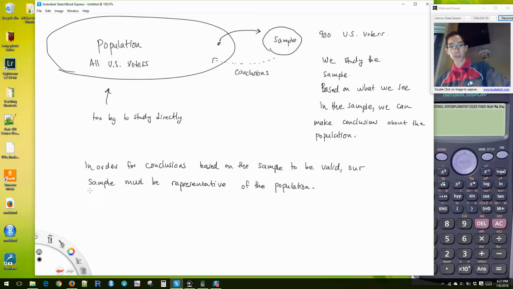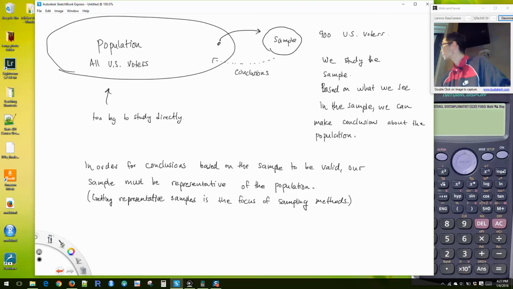And so this topic of getting representative samples is the focus of sampling methods. Okay, and there are,